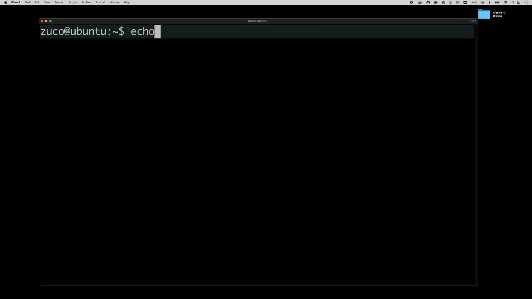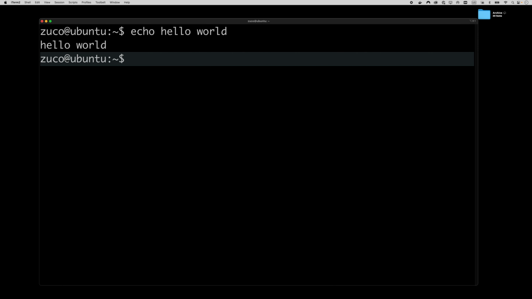One of them is echo. Echo is basically like a print command. You can pass anything here, hello world, and it's going to print it on the screen. The other utility is called tr, for translate. It does a lot of operations, for example removing repeated characters, converting uppercase to lowercase, or replacing a character by another one. An easy way to see how it works is, for example, echo hello